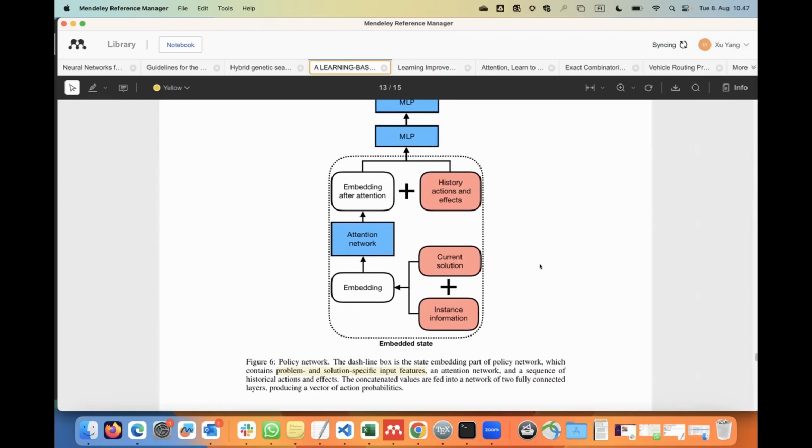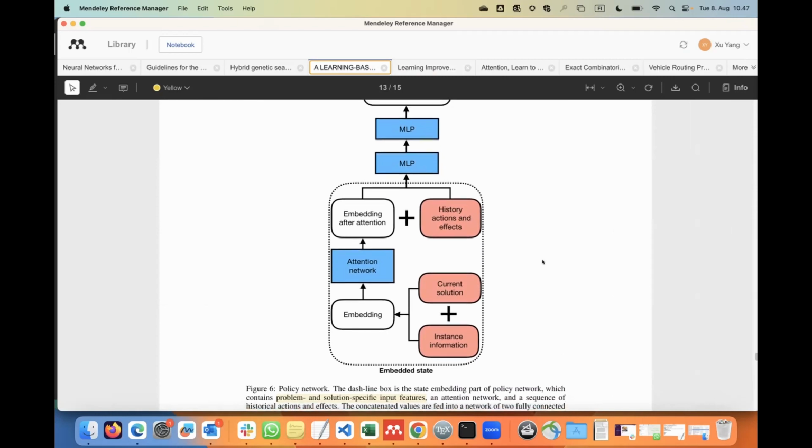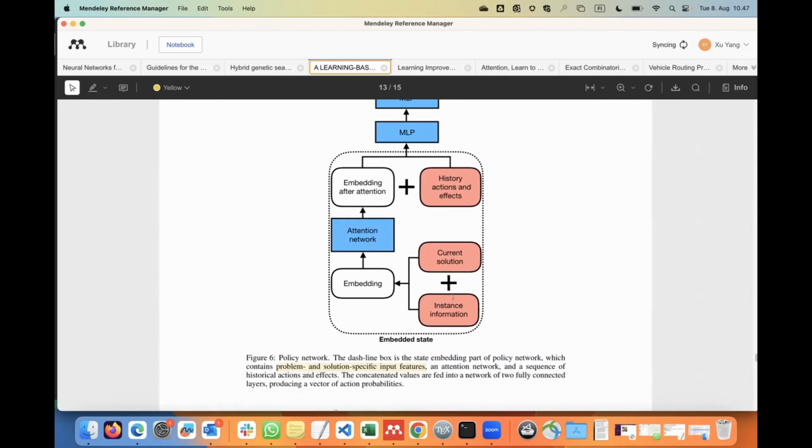So for the vehicle routing problem, the input of this algorithm is the current solution and the instance information. The current solution means a solution-specific feature, and this one is the problem-related feature.